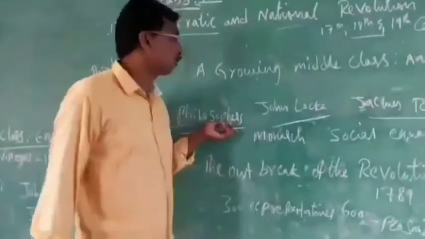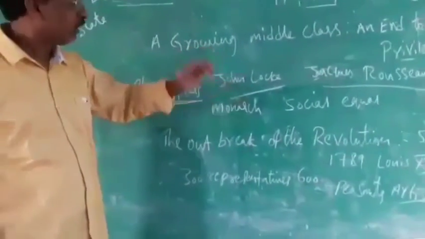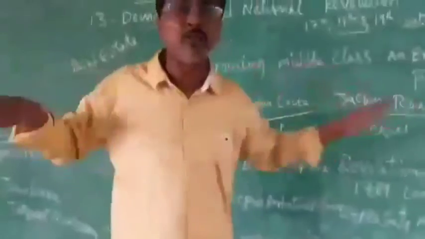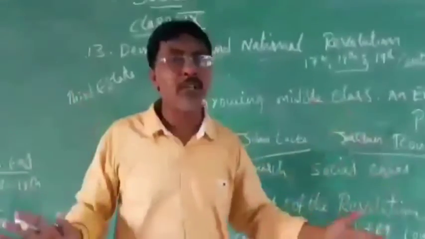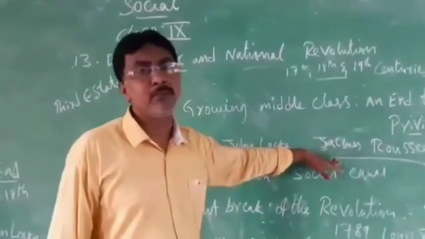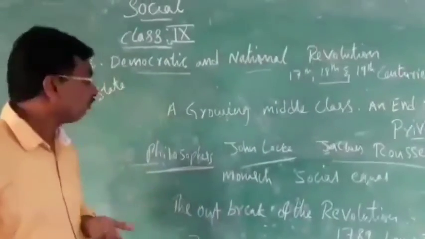John Locke told the third estate that first we should do a revolution for removing the monarchy. We should remove the king. The second one, equality should be there. So for equality and freedom we should have it. Like that, everybody joined with these principles of Rousseau and John Locke, and they did the revolution.